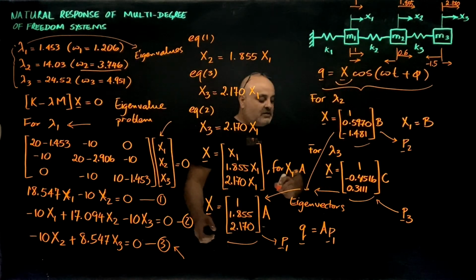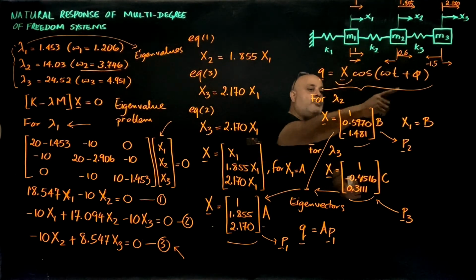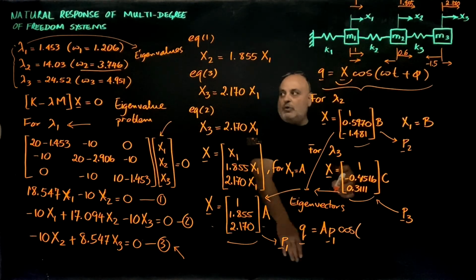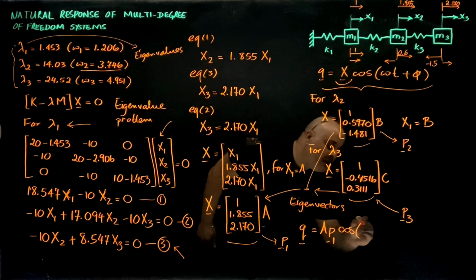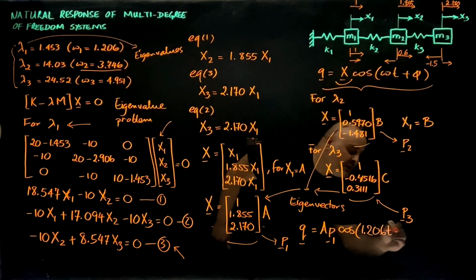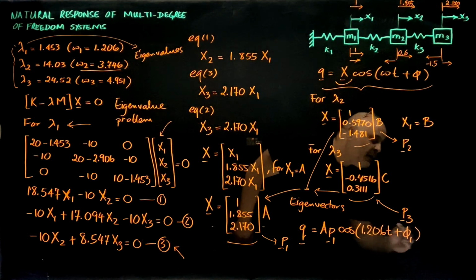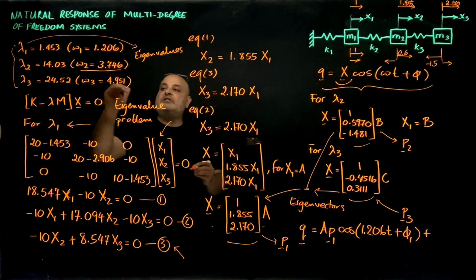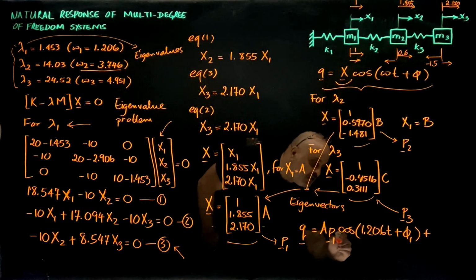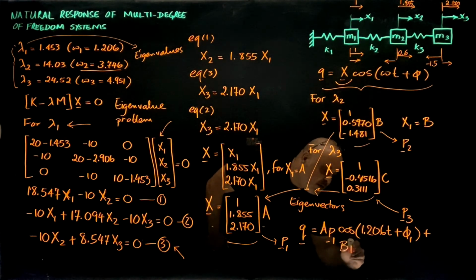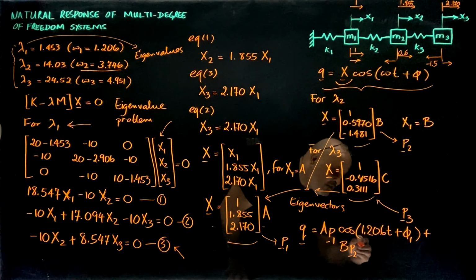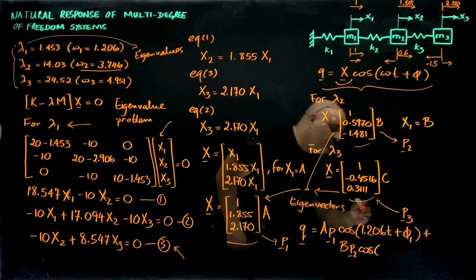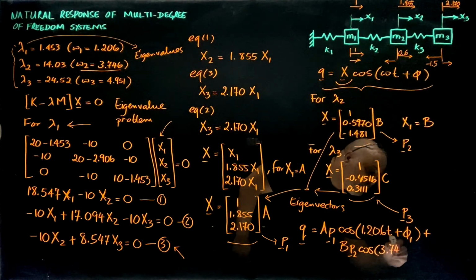that's the vector X, A P1, times cosine, and the frequency of the response at P1 is omega 1, which is 1.206 t plus some phase angle phi1, plus the other possible solution at the frequency 3.746. So B P2 cosine omega 2, which is 3.746